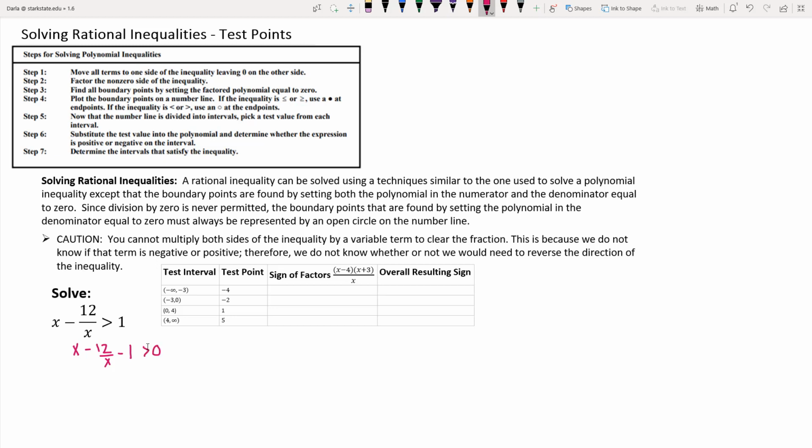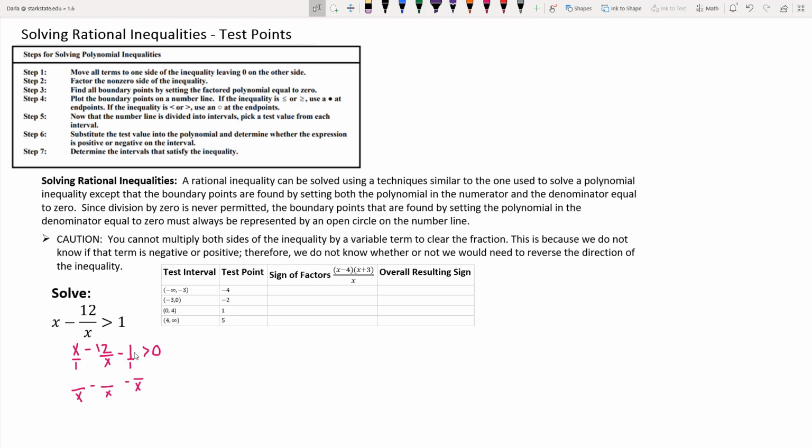subtract 1 is greater than 0. Now I am dealing with rational expressions in this problem, so it would be helpful if each of these rational expressions had a common denominator. And we could see that the common denominator for all these terms, if we look at them, their denominators are 1 and x, so the common denominator would be x. So I need to rewrite each of these expressions with an x in the denominator. And so when I do that,